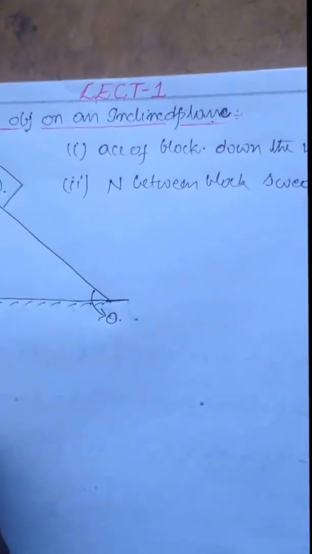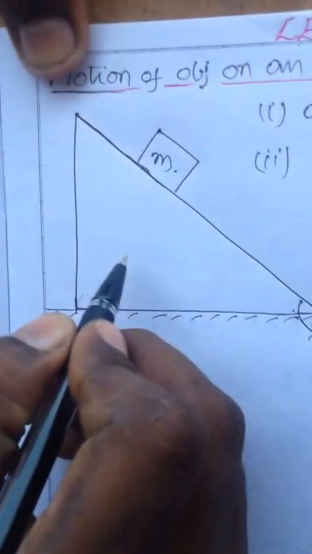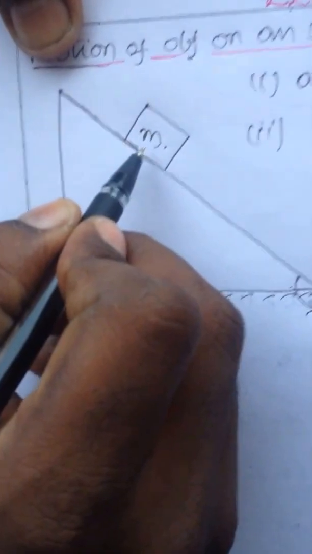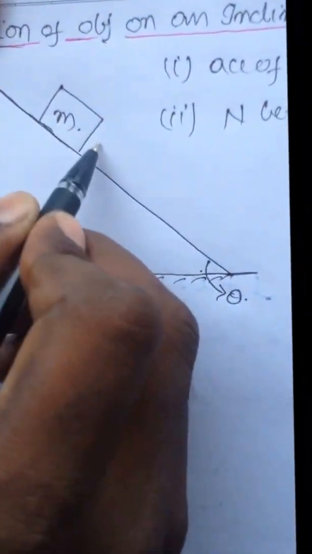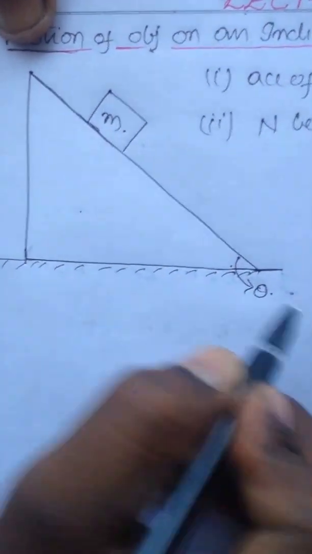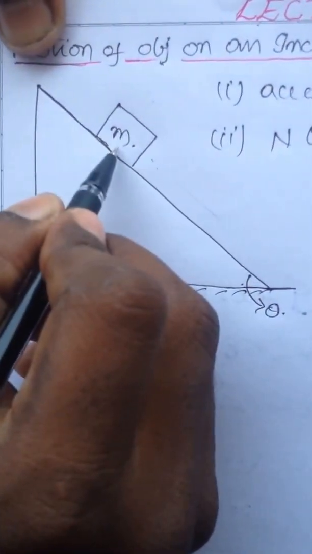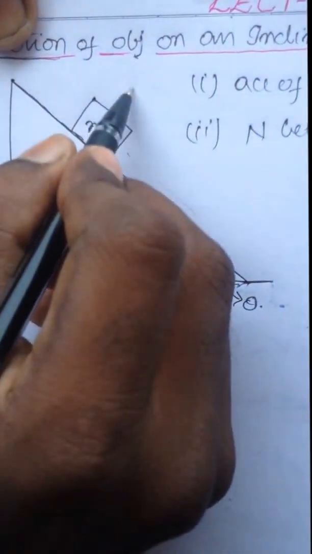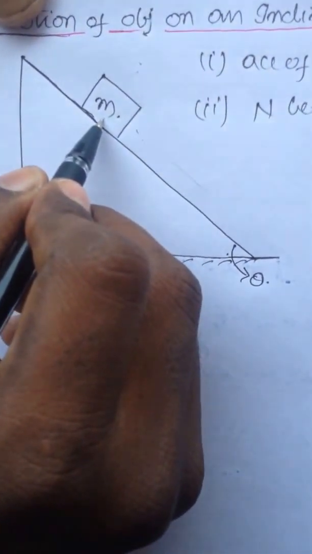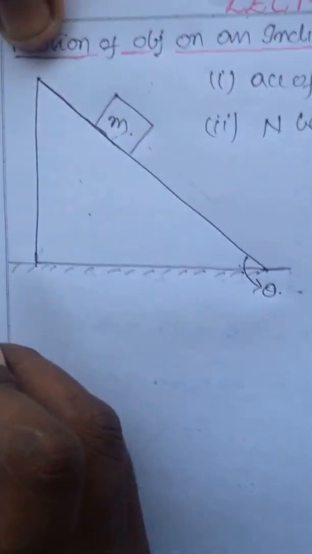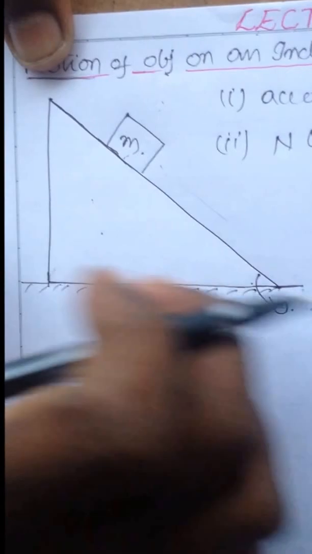To answer these questions, let us make an analysis like this. This wedge is fixed and it is rigid, because of which I can draw one conclusion. This object can slide down the incline only. It has no motion in this direction, because it would have to move either down or up. It should either penetrate into the wedge or fly away from the wedge, which is not possible. So this motion we call the constraint motion.